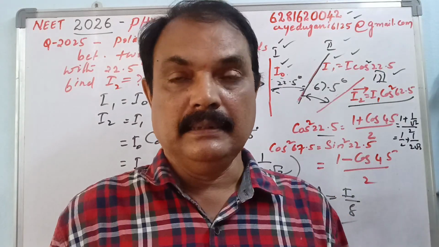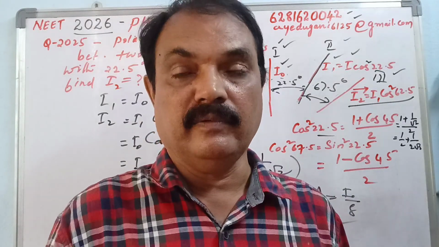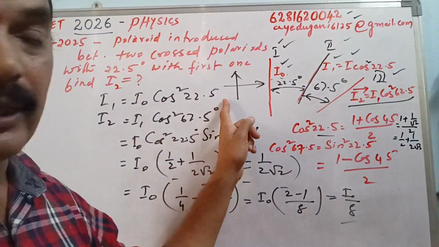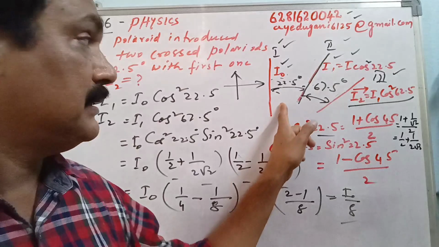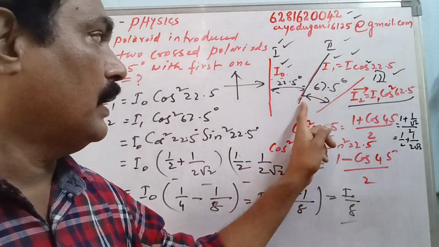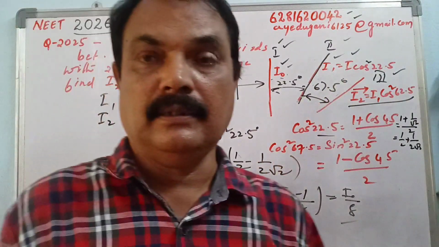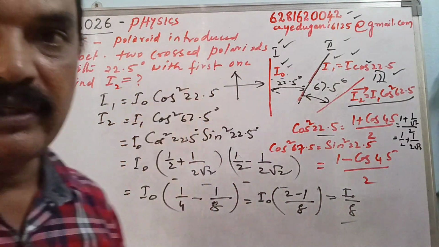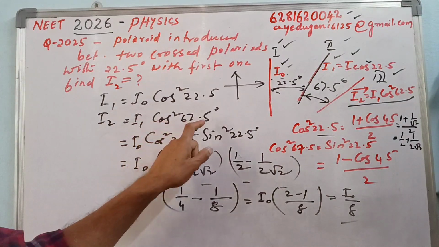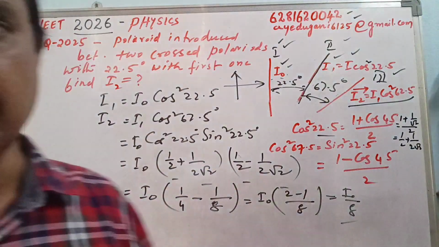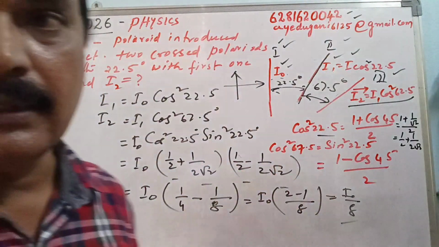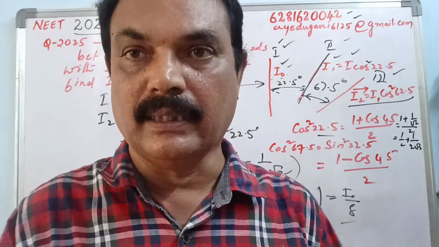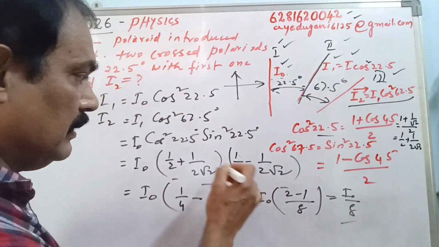ऐसा करने से आपको आराम से आ जाएगा, मगर इसमें फॉर्मूलास को याद रखना बहुत बहुत इंपॉर्टेंट है. सो एक क्वेश्चन में क्या बोल रहा है वो, एक्चुअली अनपोलराइज्ड लाइट पास थ्रू क्या हो रहा है, फर्स्ट पोलराइड से I0 हो गया, I0 पास हो गए तो I1 हो गया, I1 पास हो गए तो I2 हो गया। और हम लोगों को ऑलरेडी 12th क्लास में पढ़ा दिया मॉलस फार्मूला, उस फार्मूला को यूज करना है। सो I1 में I0 का स्क्वायर 22.5, I2 में इंटेंसिटी जो होगा I1 का स्क्वायर 67.5। सो जस्ट आपको ऐसी सॉल्व करते करते जाके फिर फार्मूला को, ट्रिग्नोमेट्रिकल फंक्शंस को आपने 11th क्लास में पढ़ा, वो 11th क्लास का जो मैथमेटिक्स है वो याद रखना। नॉन मैथमेटिक्स स्टूडेंट्स, यू शुड लर्न ट्रिग्नोमेट्री परफेक्टली, देन ओनली यू कैन डू फिजिक्स प्रॉब्लम्स।